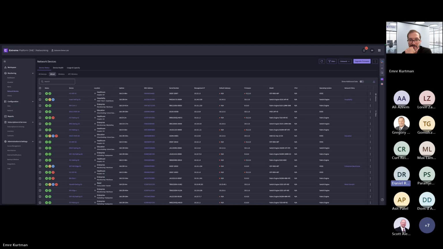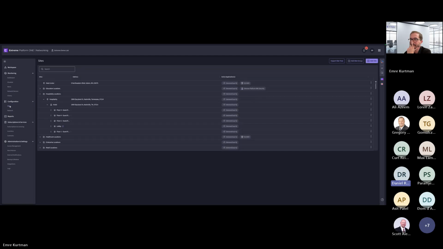I guess if no one's asking, I'm wondering more along the lines of switching from XIQ over to Platform One. How much of the locations and everything will be exactly the same, or will you guys have some sort of way of making changes so you're not maybe going with something that may have been degraded from the initial setup and now you want something a bit better named, or how will it happen?